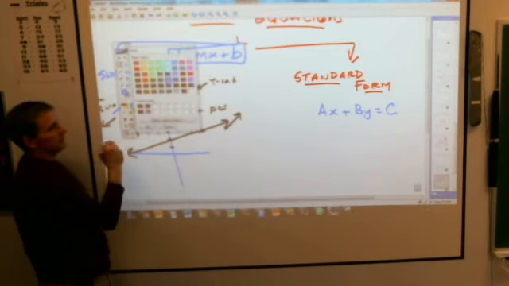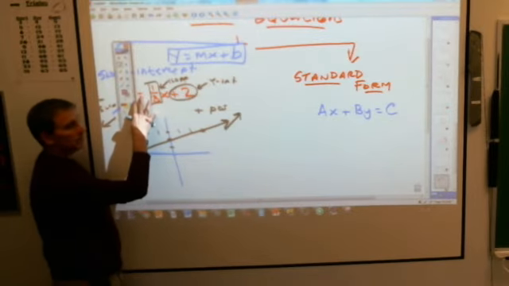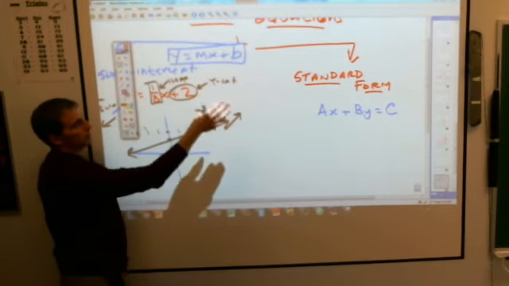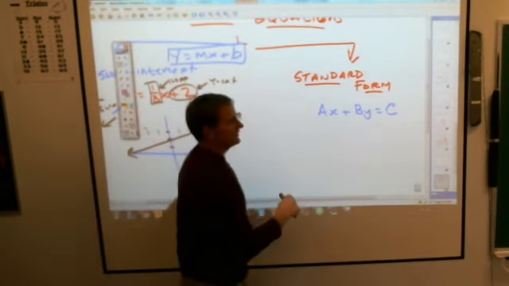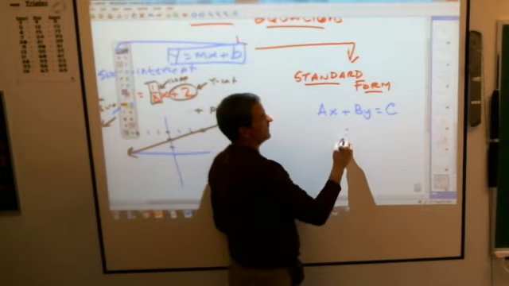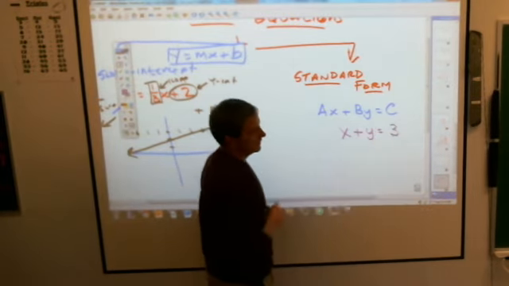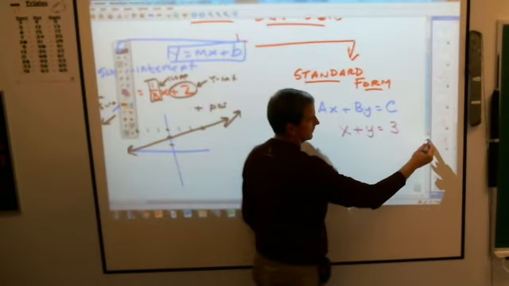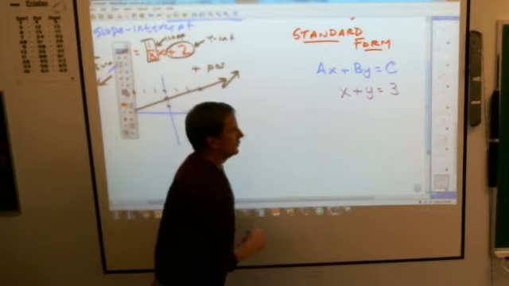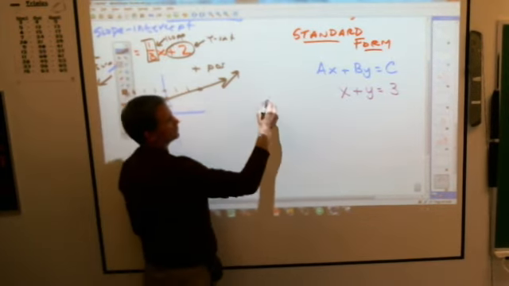Notice the difference. Standard form, both the x and the y are on the left side of the equation. Slope-intercept form, it's solved for y. Got that? So this is a typical standard form equation. X plus y equals 3. There's a 1 in front of that, 1 in front of that, but we don't care right now. Now, with standard form, this is what today is all about. You solve these